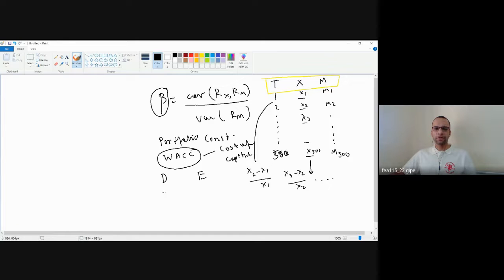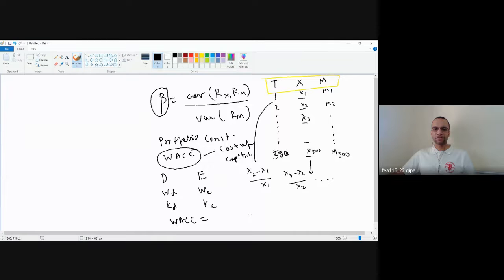So let's say WD is the weight, or the component weight, for the debt portion of my portfolio. Let's say WE is the weight component for my equity portion. Now I have a KD, which I call the cost of debt, and I have a KE, which is the cost of equity. We'll quickly talk about KE later on. Now, if I have to calculate my WACC, how do I do it? What would be the formula which I apply?